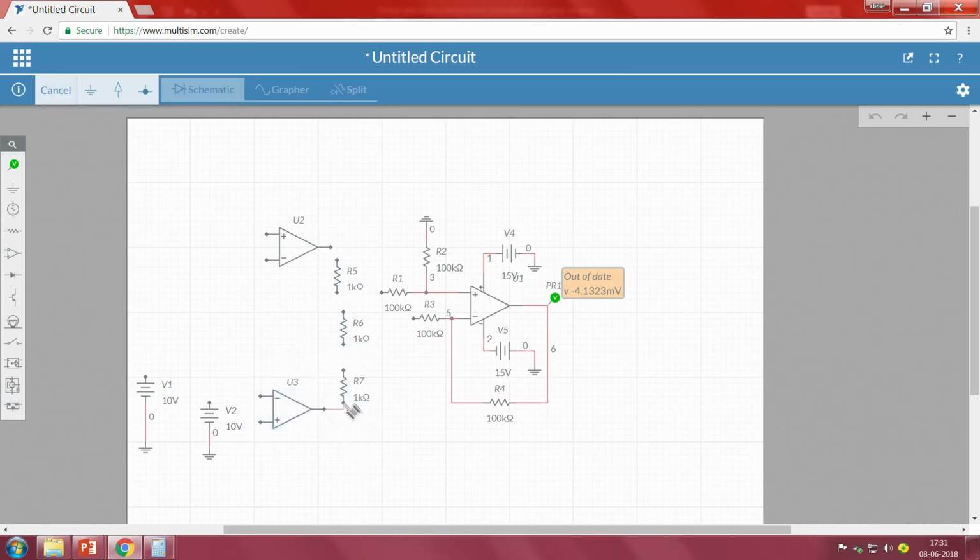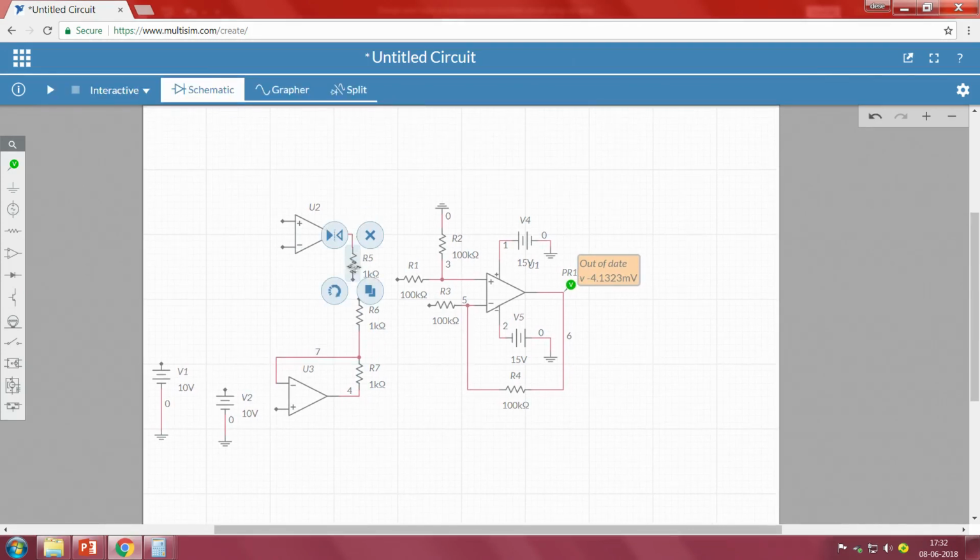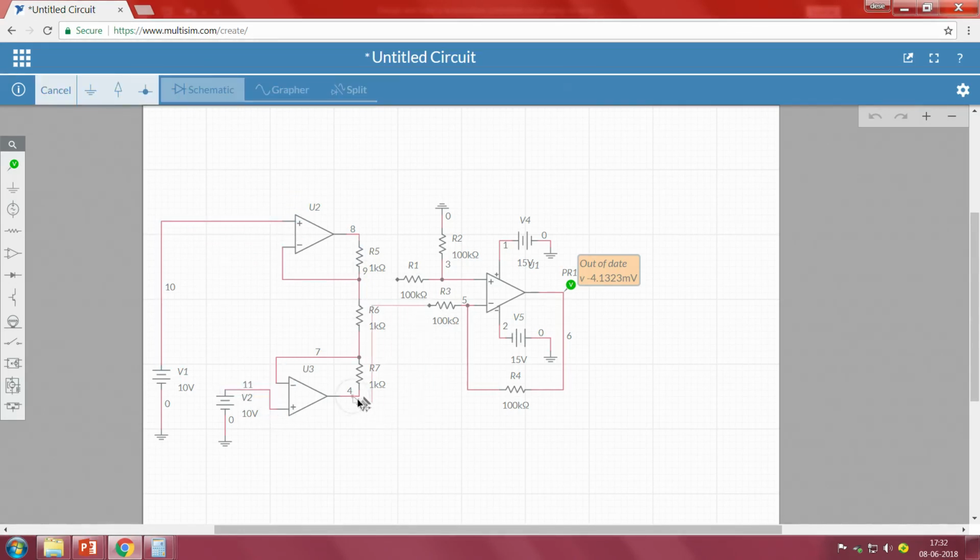Now, the output has to be connected at this point and the negative terminal should be connected here, these 2 here, and these 2 here, whereas the negative terminal should be connected here. This is my V1, whereas this is my V2. This has to be connected. So, all the required connections are made.